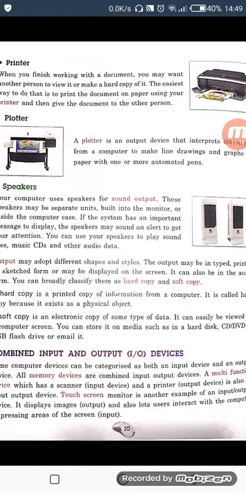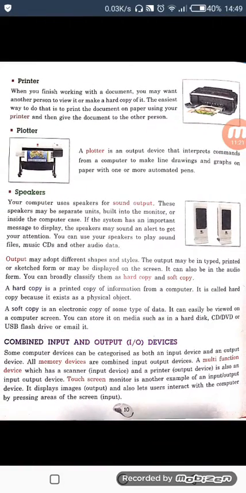Next, we move to the plotter. What is a plotter? A plotter is similar to a printer, but it is not completely a printer. A printer can print any kind of image, but in a plotter there are some limitations, some drawbacks. It is not like a printer, it is just similar to it.